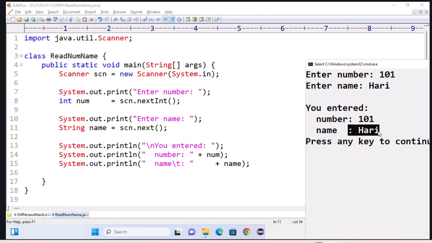If you call the nextLine method after any of the next methods, then program execution is not passed. The nextLine method returns an empty string because of the enter key characters left in the scanner object with the previously entered data. What is the solution to this problem? Don't use the nextLine method, use